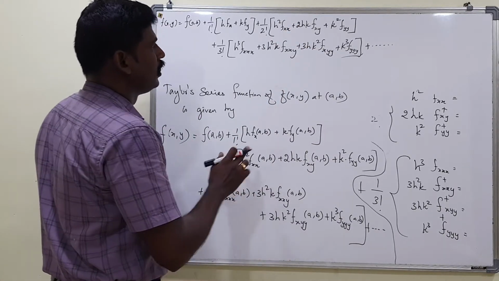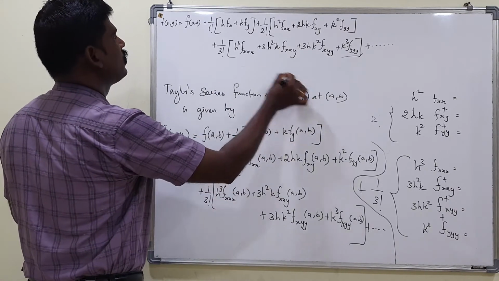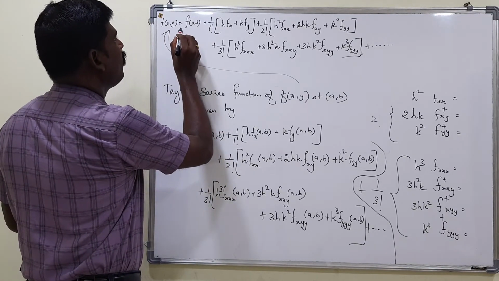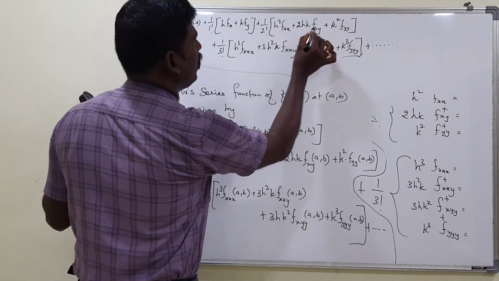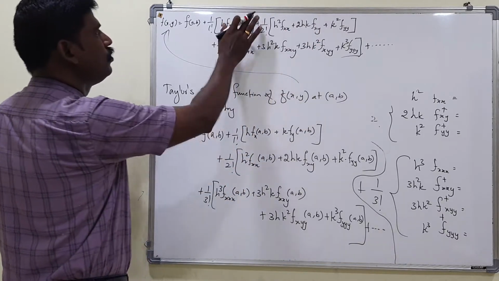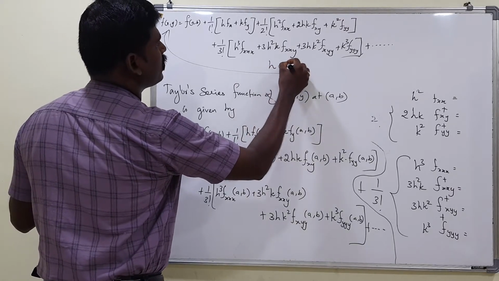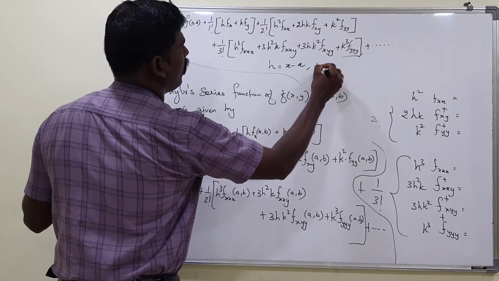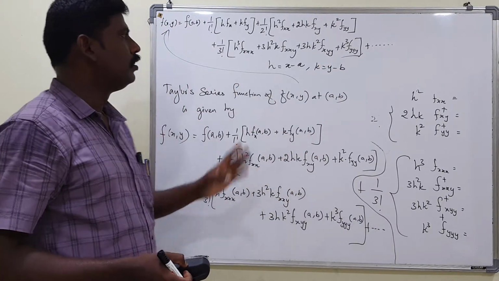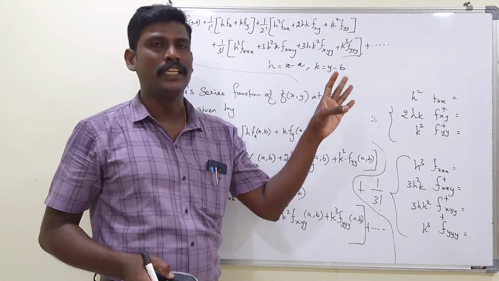That's all. So simply I write the Taylor series function of f of x comma y at a comma b as like this one, right? So if you want to find out the value of f, fx, fy, f double xy, second order derivative, third order derivative at the point a comma b, find out all these values and substitute it here, and also h and k, you can get the answer. What is h? X minus a. And what is k? Y minus b. Just you keep this formula into your mind and find out all these values and substitute it here. You can get the Taylor series of a function in two variables.